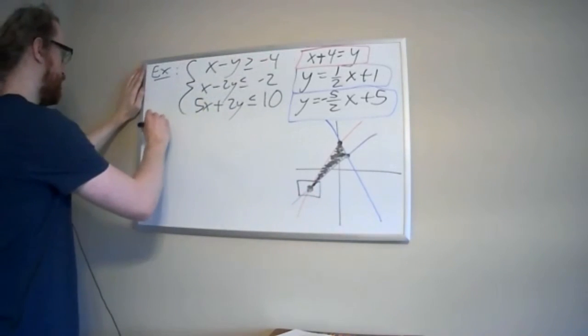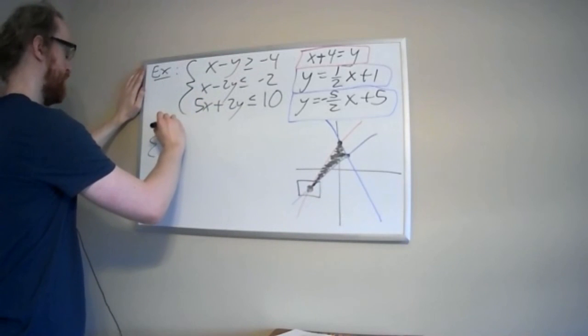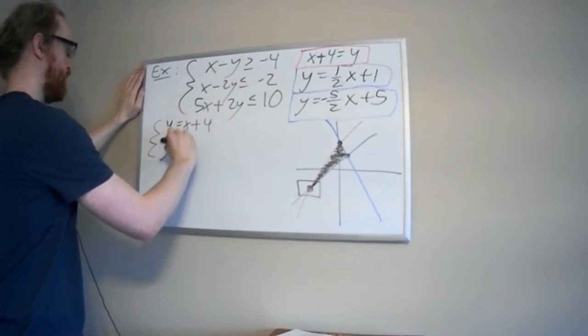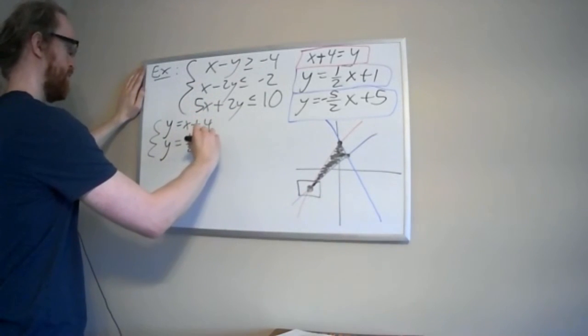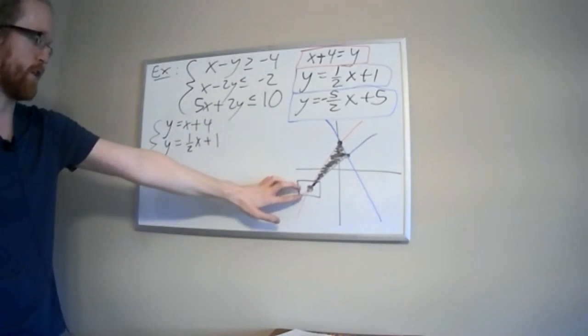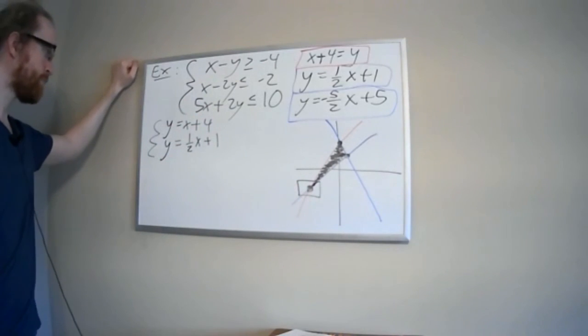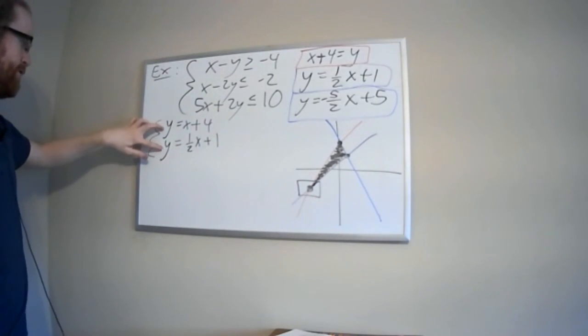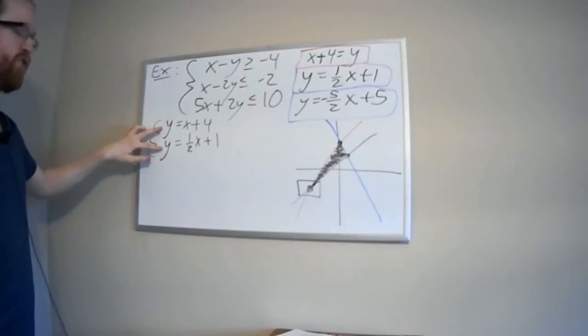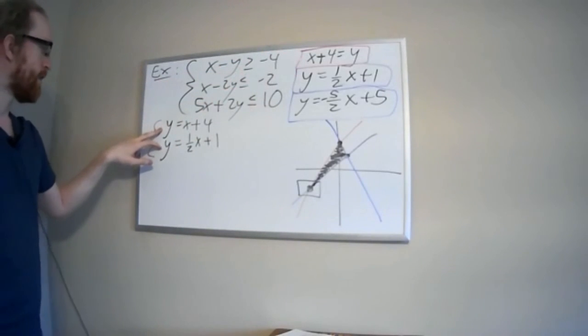So I'm going to take these 2 equations and put them in a system. So that's y equals x plus 4, and y equals 1/2 x plus 1. So I just took those 2 equations because those 2 lines intersect at that point. And so now I'm going to solve this system. And because I wrote these in slope-intercept form, they're solved for y already. So this is basically